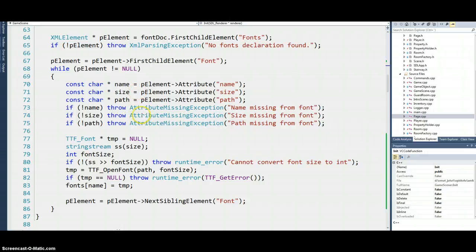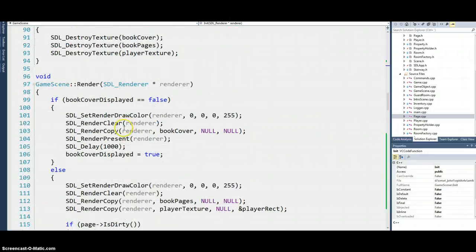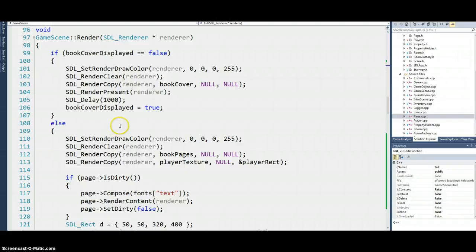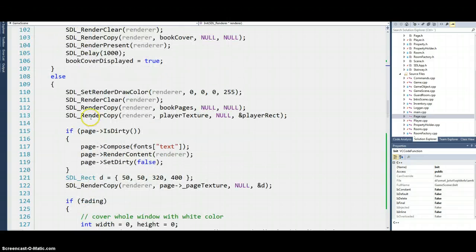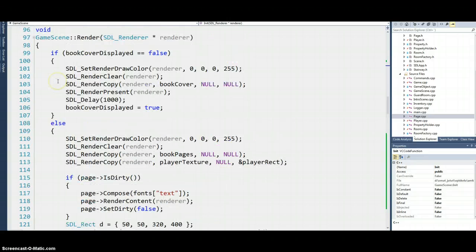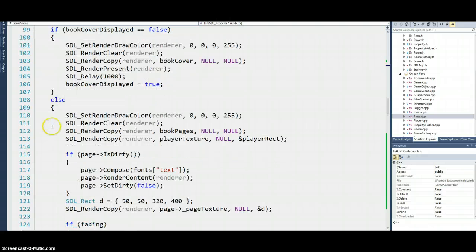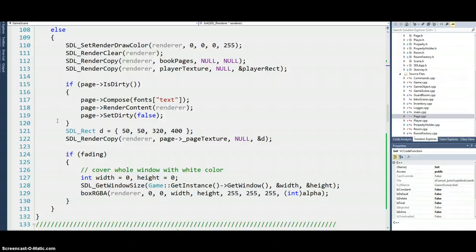And then there's the rendering stuff. I display that book cover for 1 second, and when it has been displayed, the boolean goes through, so it gets to this else part after that.